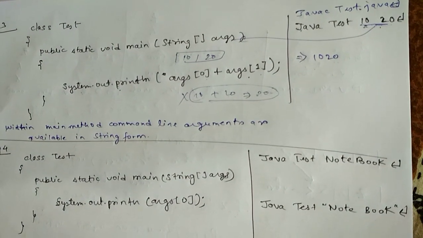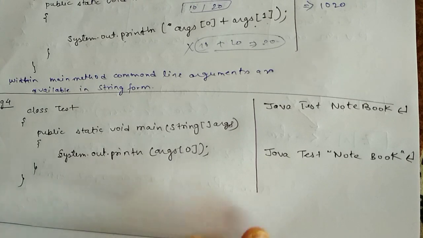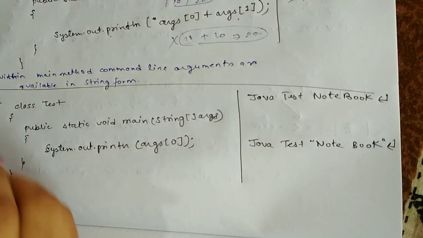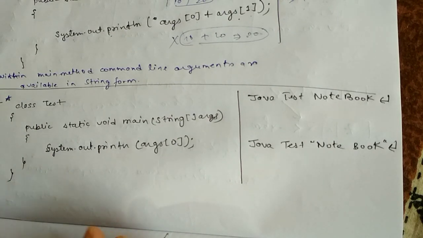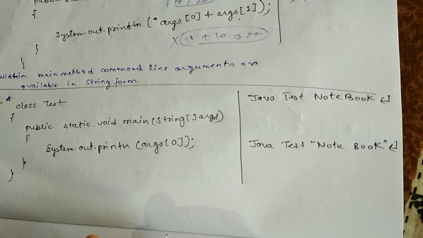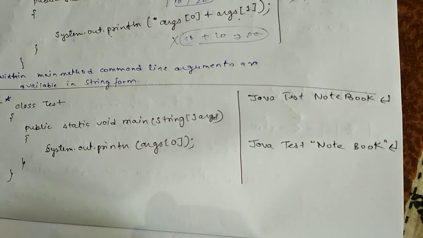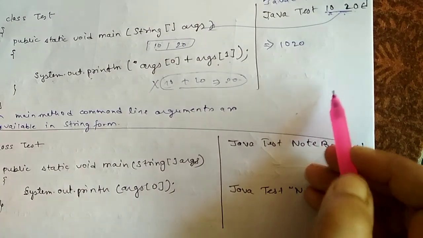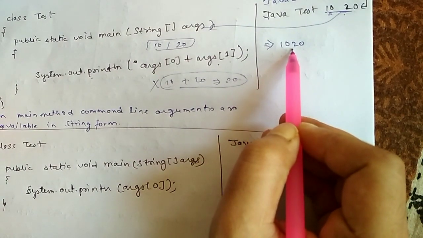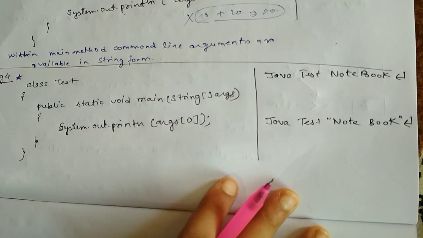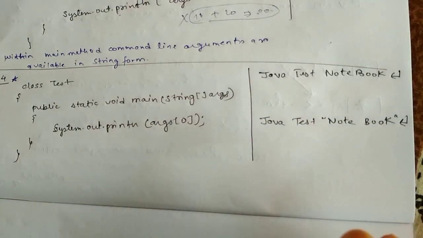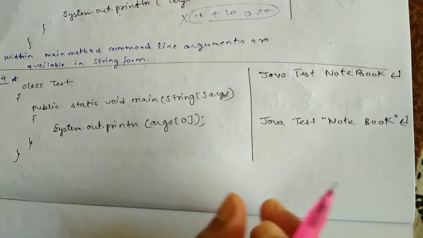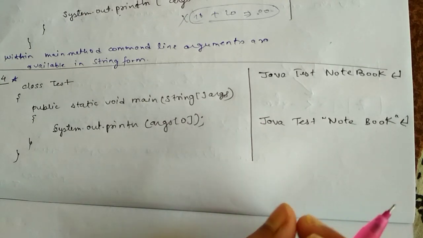Okay, and the last example is a very important example. So whatever we provide, if we want to input a space, like we saw in the third example, it will concatenate itself and there is no space within. So suppose we want a space between the input which we provided in the command line. To input that space, we have to type the whole sentence within the inverted commas, or the double quotes.